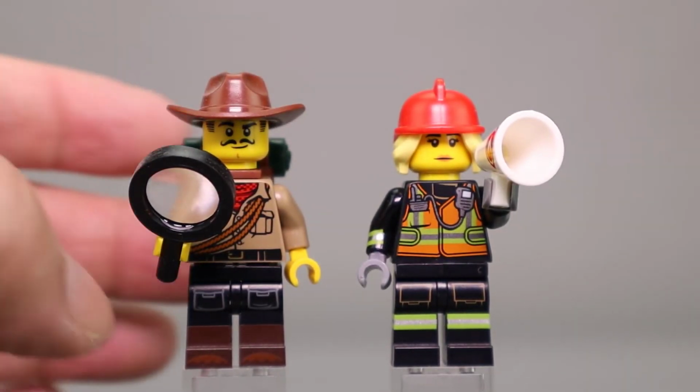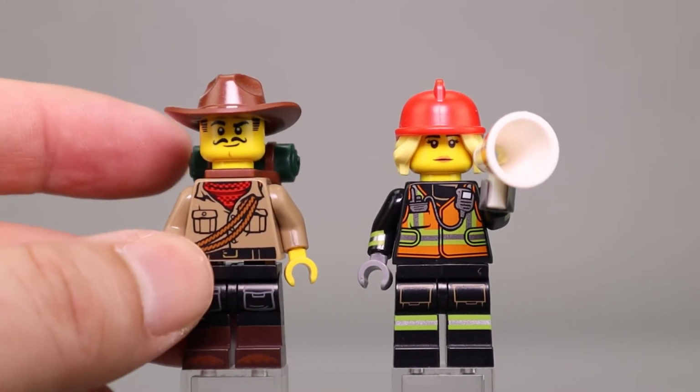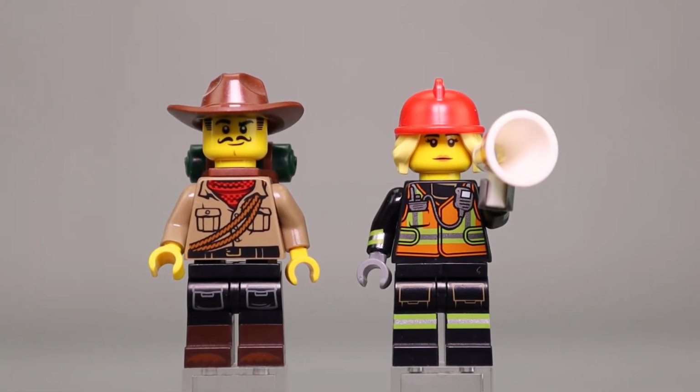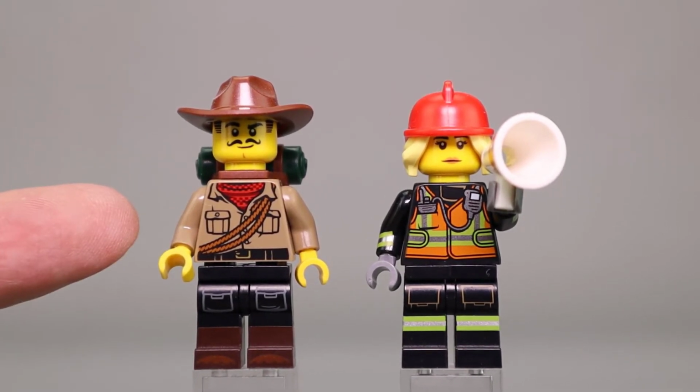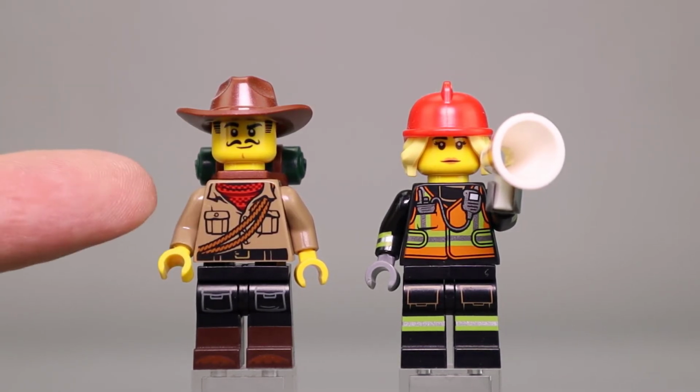The Explorer also comes with this magnifying glass and a backpack, which we'll take a look at in just a moment. I like his hat. I think it looks very good. Good printing. He's in a traditional kind of jungle gear. So he has a scarf around his neck. He's got the